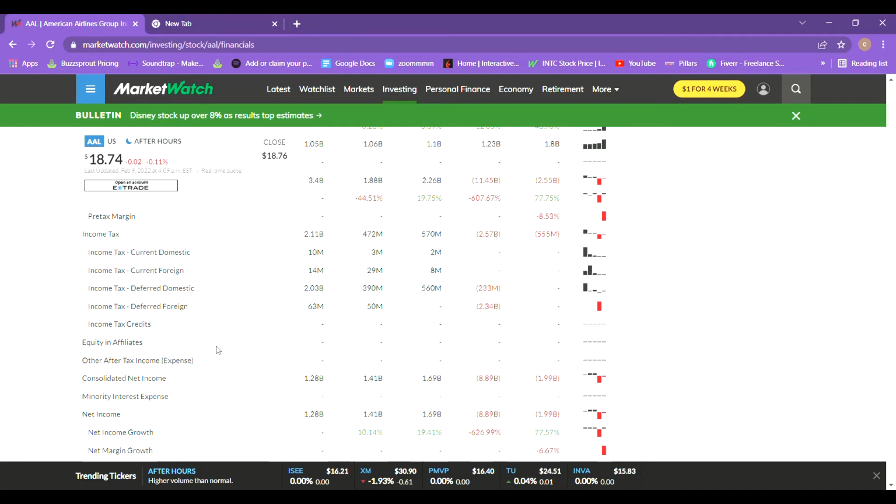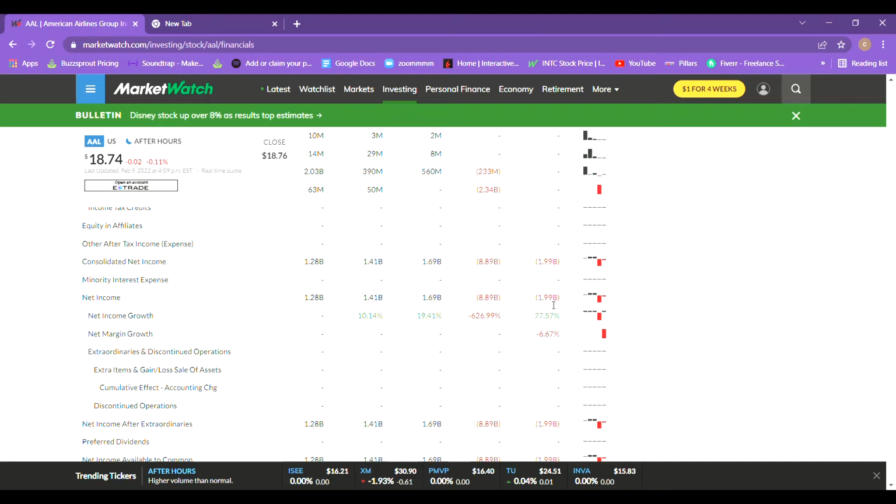Now, seeing what their net income looks like. So, it's looking very similar to the revenue because in 2021 they're recovering decently, and from 2017 to 2019 it was looking great. Going into the future, I feel like everything will get sorted out.